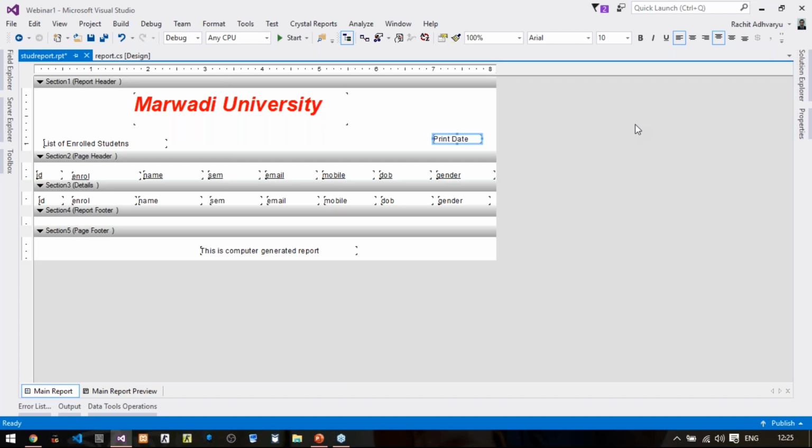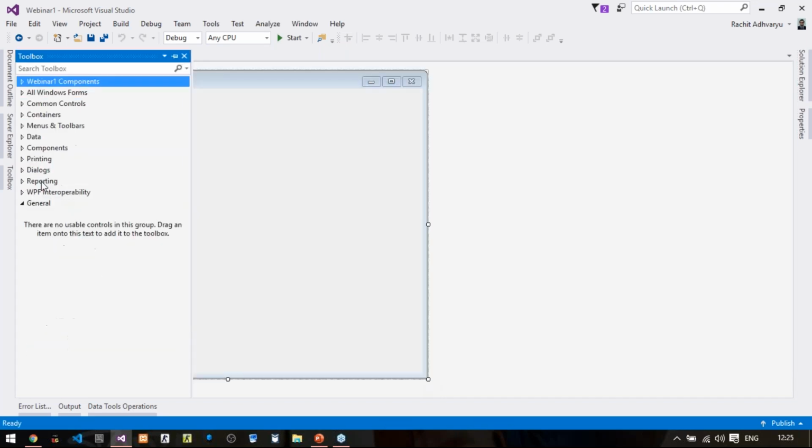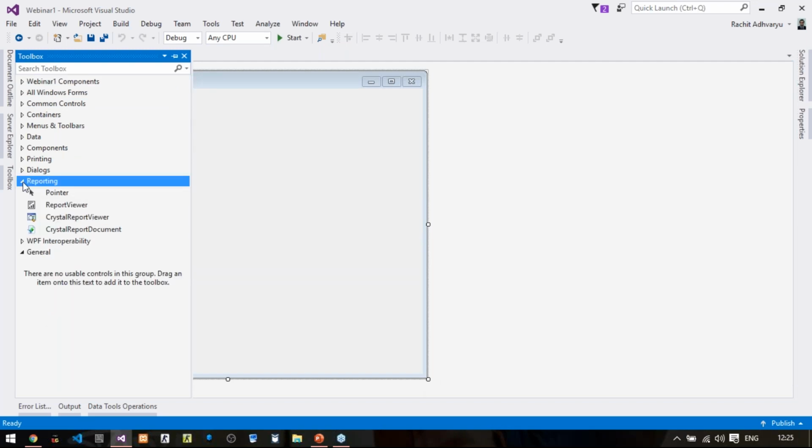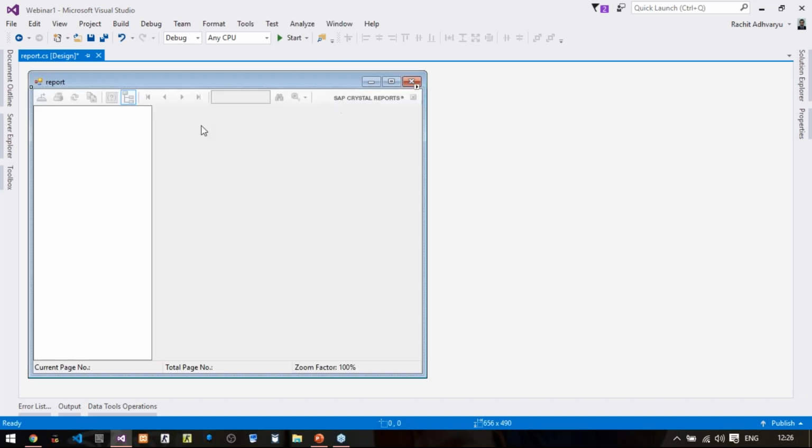In that reporting tab, there will be an option called Crystal Report Viewer. Just drag and drop. It will automatically create one GUI for you. And the name will be SAP Crystal Reports because it's a control of SAP. As I said a few minutes back, you need to install a new control from SAP. So it is a Crystal Report Viewer.